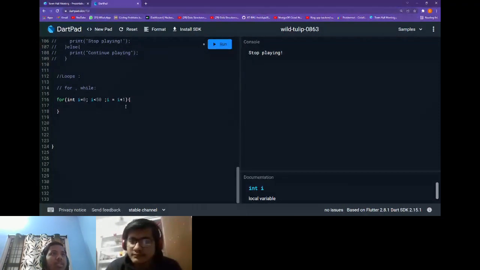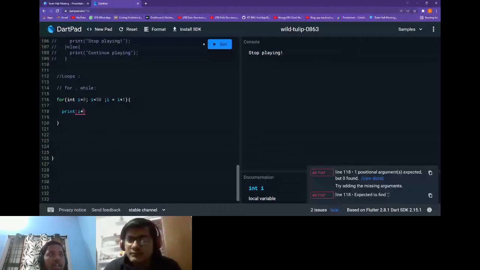Okay, so this will be comfortable for you. So yeah, the value of I is incremented after every iteration. Let's print now the value of I, and just print I plus 1 over there. Okay, let's print